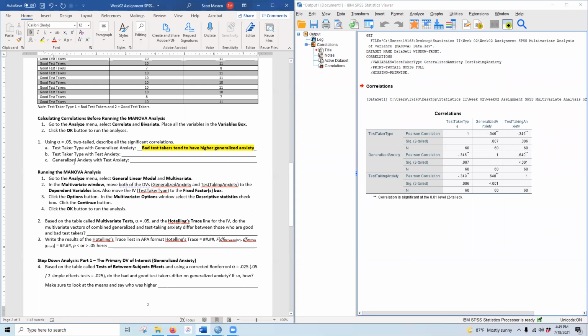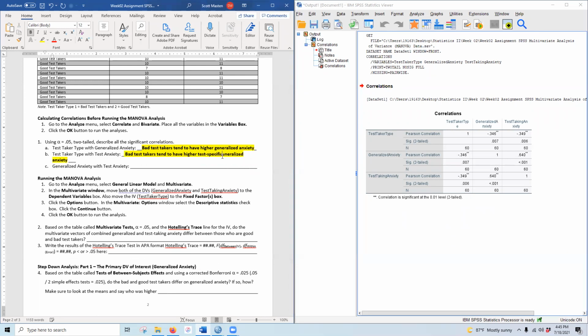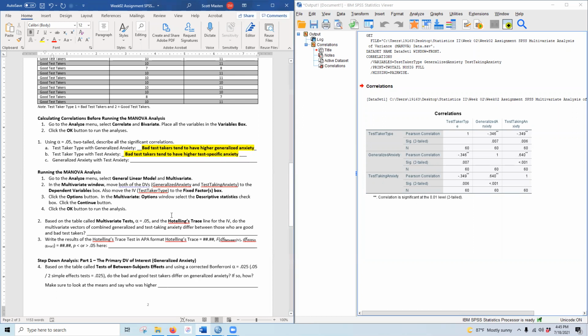All right, so next one is test taker type and test anxiety. So here's test anxiety and test taker type, also significant, also negative. So as test taking anxiety goes up, test taker type tends to go down. What is lower on test taker type? That's a 1, that's your bad test taker. So you can almost copy this exact sentence on over here, which I'm going to, and modify. Bad test takers tend to have higher test specific anxiety. That is also true. So if you got to summarize it, you'd say, bad test takers tend to be higher on generalized anxiety and